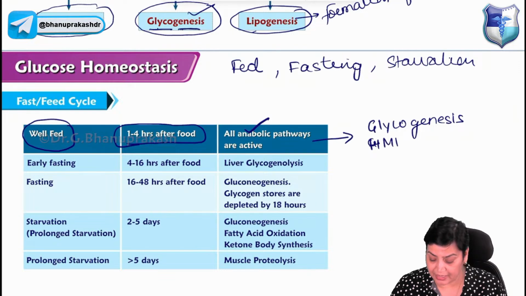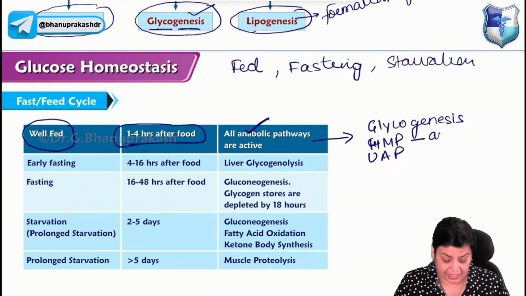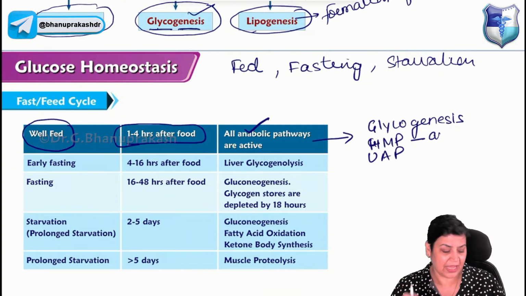HMP shunt will be active. Then uronic acid pathway will be active. These are the ones. Then if we go towards fasting, just suppose if you have your breakfast, suppose you